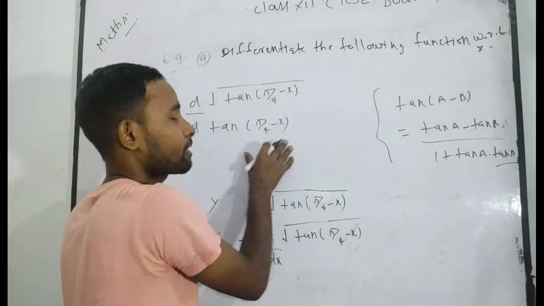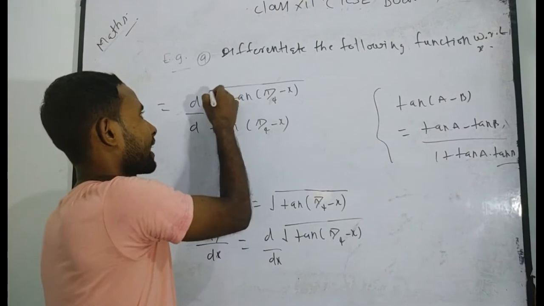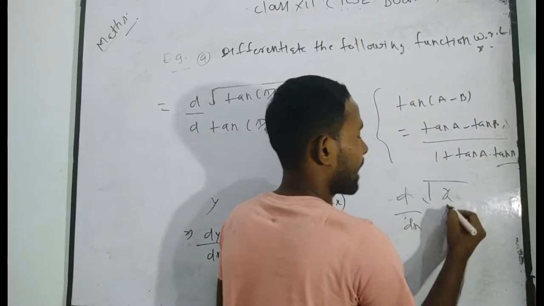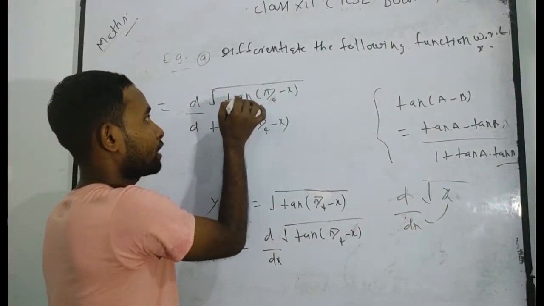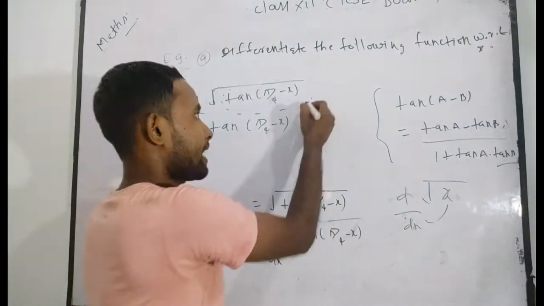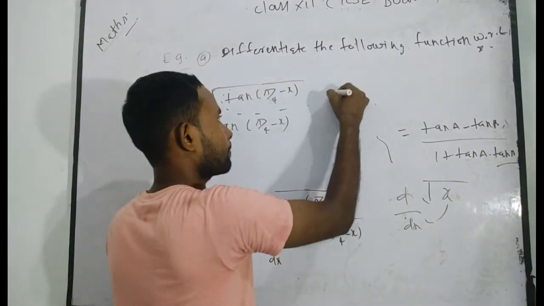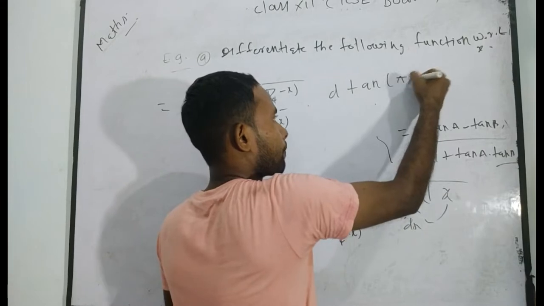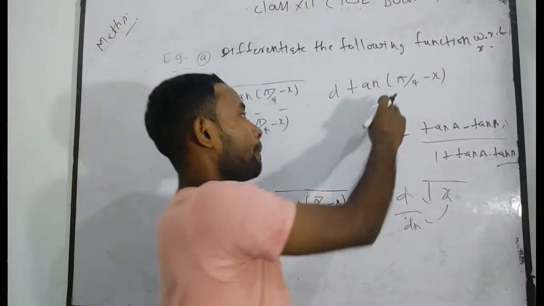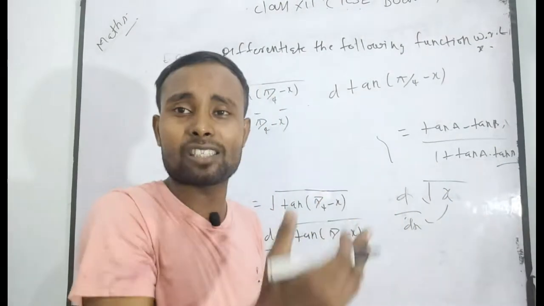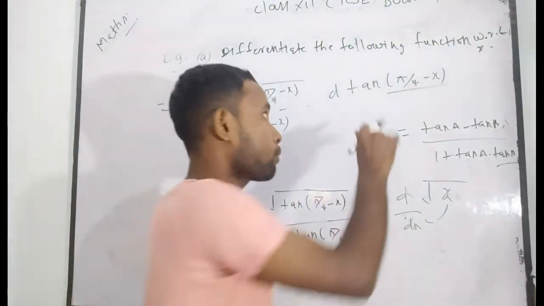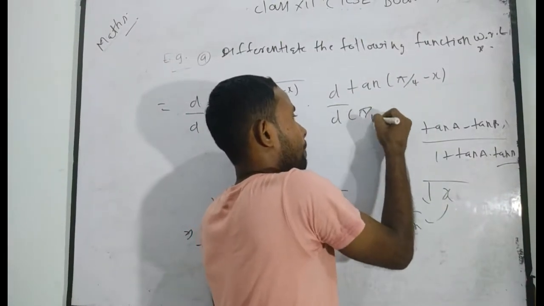Why have we first differentiated with respect to this function? Because this is the root function on the outer side, and as you know, if there is root under x, you have to first differentiate with respect to which function? The x form. In place of x we have tan(pi by 4 minus x), so I have used it here. Now tan(pi by 4 minus x) cannot be differentiated directly with respect to x. Why? Because tan theta or tan x is only differentiated with respect to x, but in place of x it has pi by 4 minus x. So we have to again differentiate this function with respect to pi by 4 minus x.